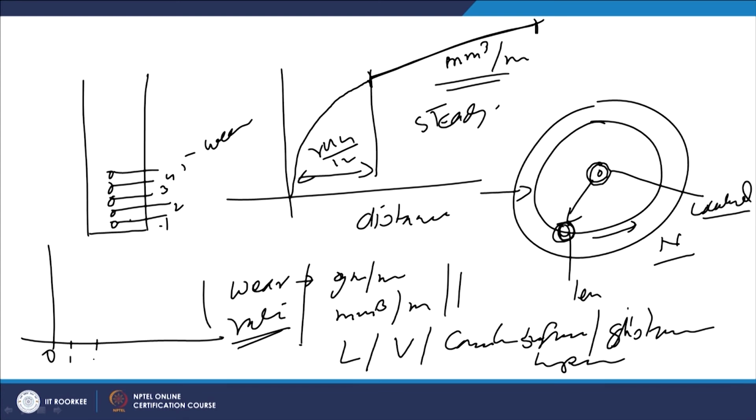So 1, 2, 3, 4, 5, increasing distance from the sliding interface, and then here we plot the temperature value. Obviously, at the interface we don't have any thermocouple for measuring the temperature at the interface. So the temperature at location 1, at 1 mm distance from the sliding interface, is located on the plot, and then for 2 mm, then 3 mm, then 4 mm, and then 5 mm. This is how it is plotted.